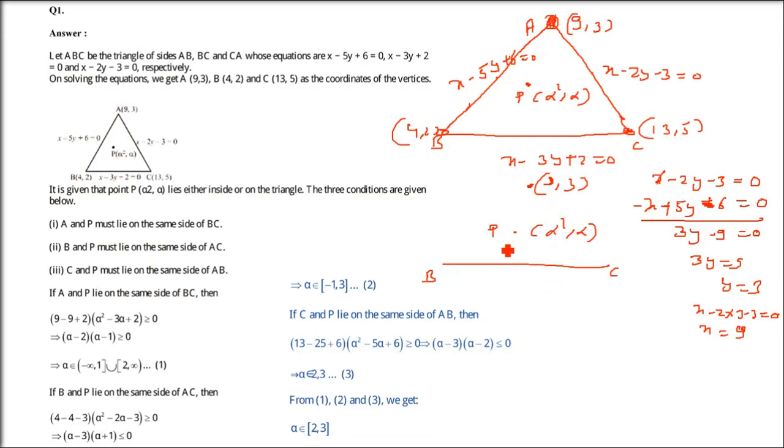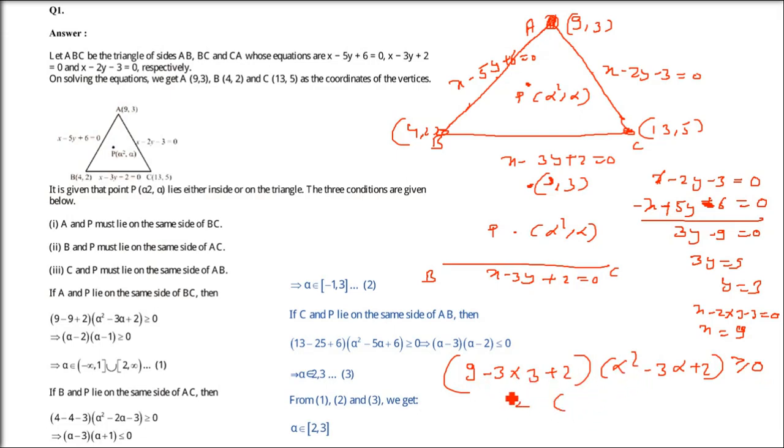Now these 2 points, if they are on one side, we will take the equation of the line, which is x minus 3y plus 2 equals 0. We'll put both these points one by one, multiply them, and it has to be greater than or equal to 0. Then only we can say these 2 points are on the same side of this line. I am putting 9 and 3 in this equation: 9 minus 3 into 3 plus 2. Now I am putting alpha square alpha in this equation: alpha square minus 3 alpha plus 2. This has to be greater than or equal to 0 if these 2 points are on one side of the line. So 9 minus 9 plus 2, so 2 will come.